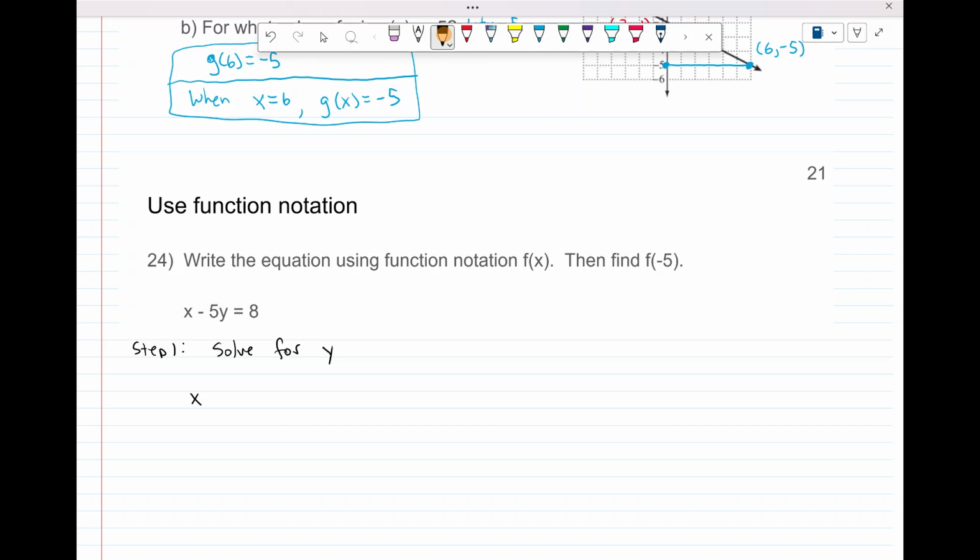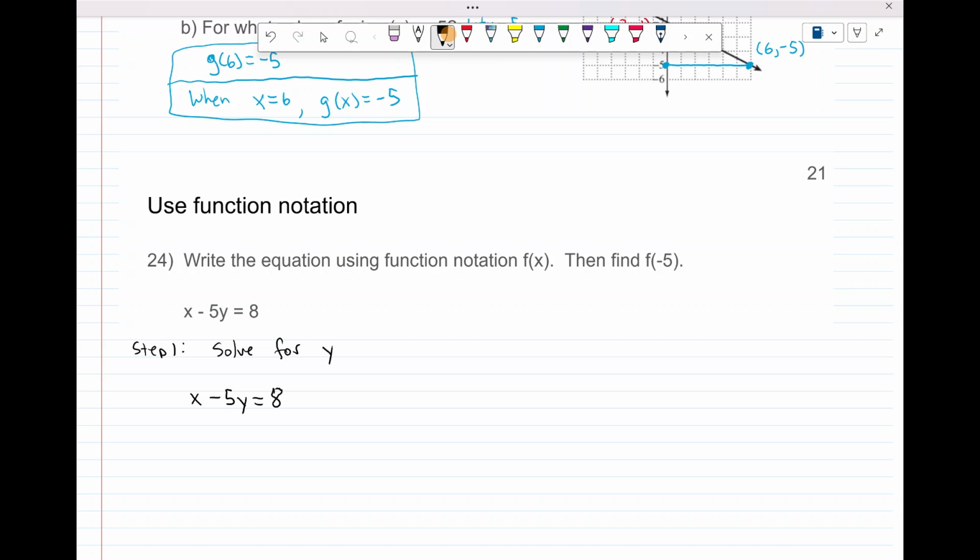So how do I do that? I'm going to write down my equation first. And I'm going to think to myself, I need to get rid of the x, and I need to get rid of the 5. If I want to get rid of that x, I need to subtract that x. A lot of times when we're solving equations, we do it underneath it. But to me, it's a little bit awkward because these are not like terms, and it could be a little bit confusing. So another way I think about this is there's a general rule that says I can move anything